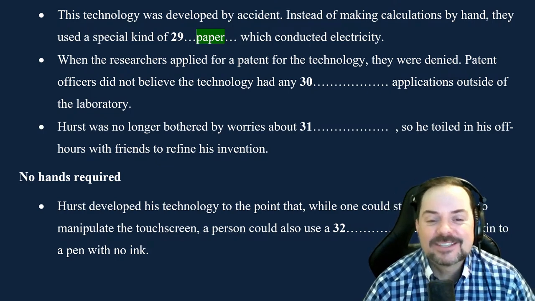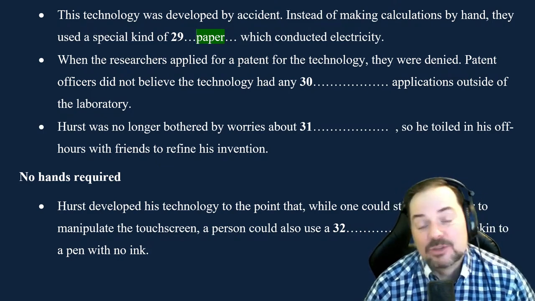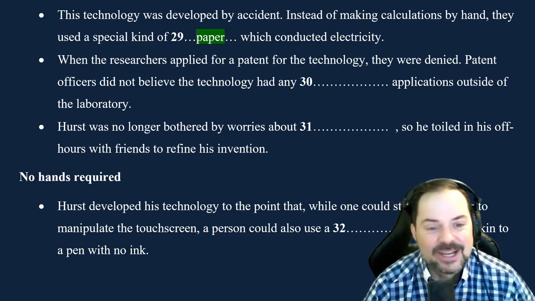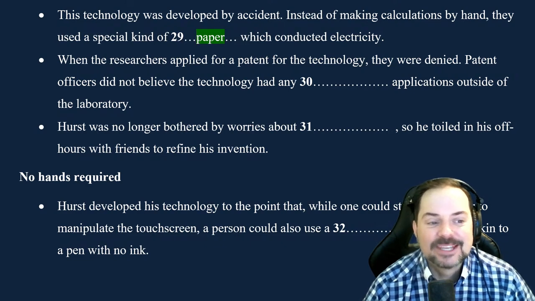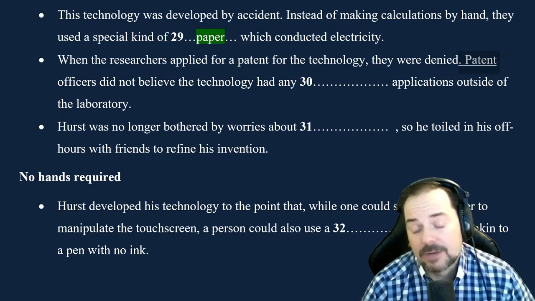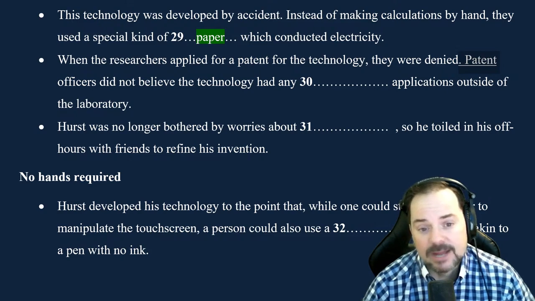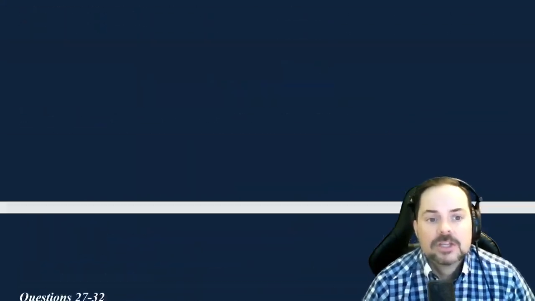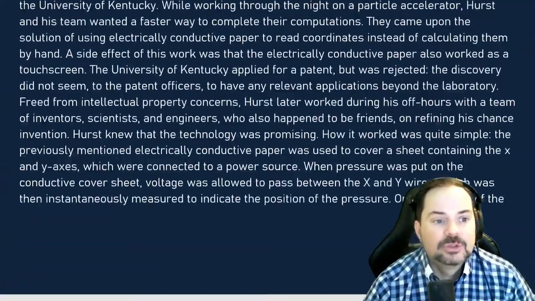Okay, this is where you want to make sure that you check. This is where you'd want to go back. Now this was in the paragraph that you were reading, so this is where we can check. Here we have this unique word, patent. So that's one word that we can check for, because we know that a lot of this is paraphrased. So looking for the word application might not work. It could be something like uses. So we go back to that